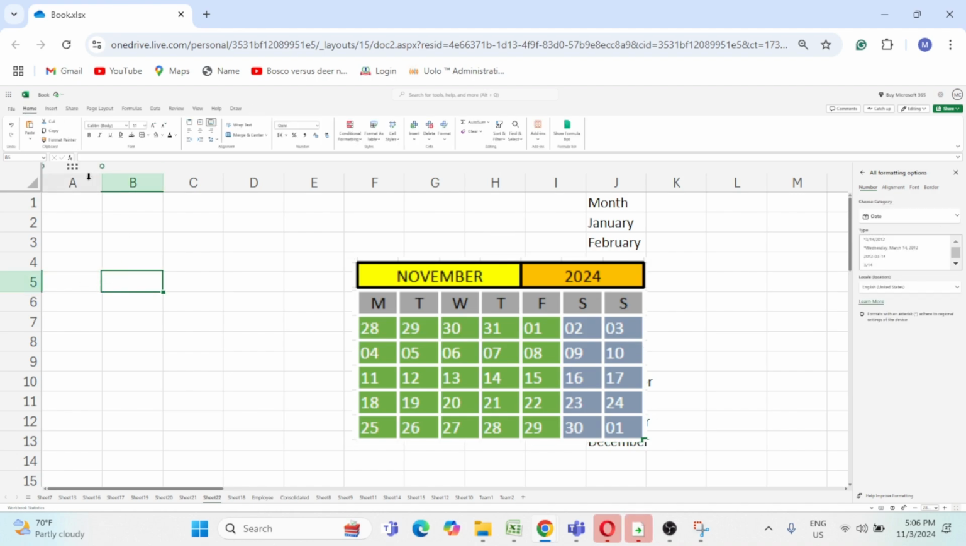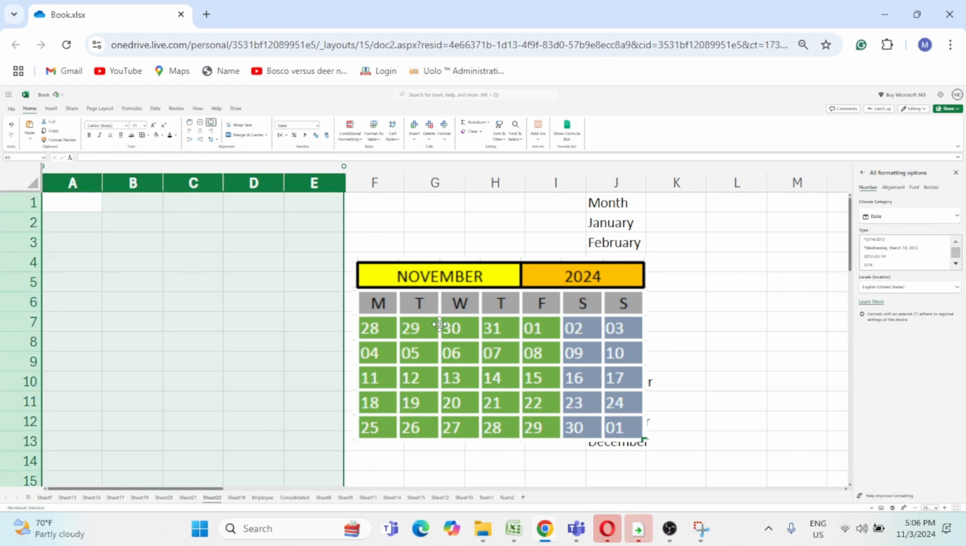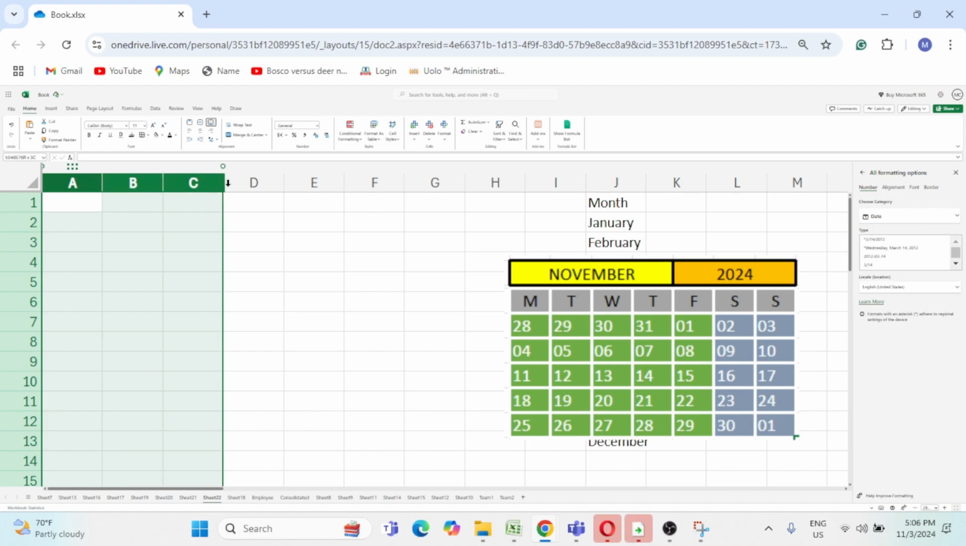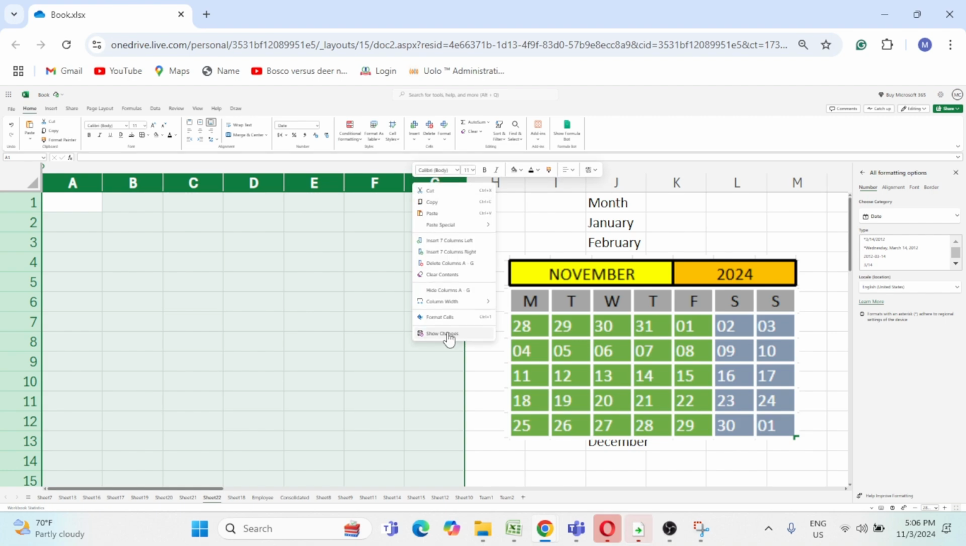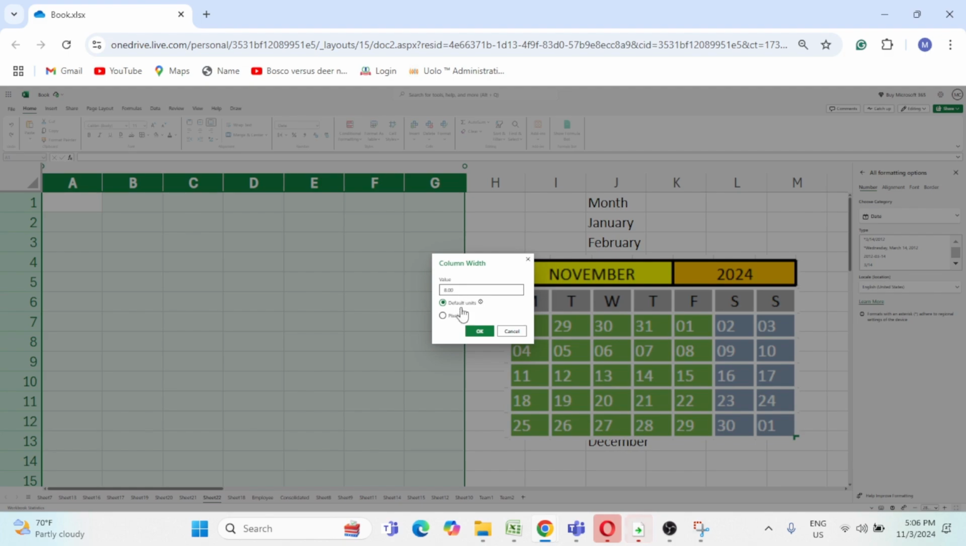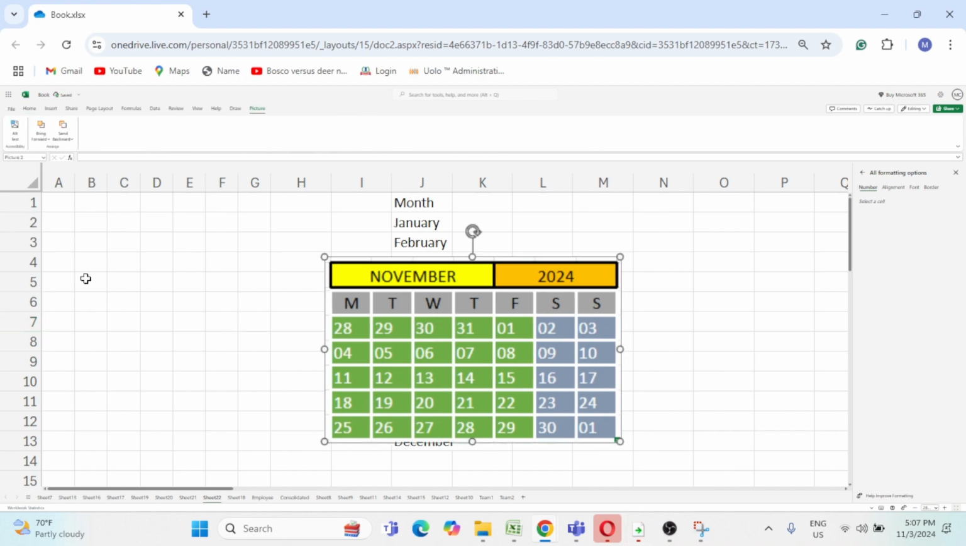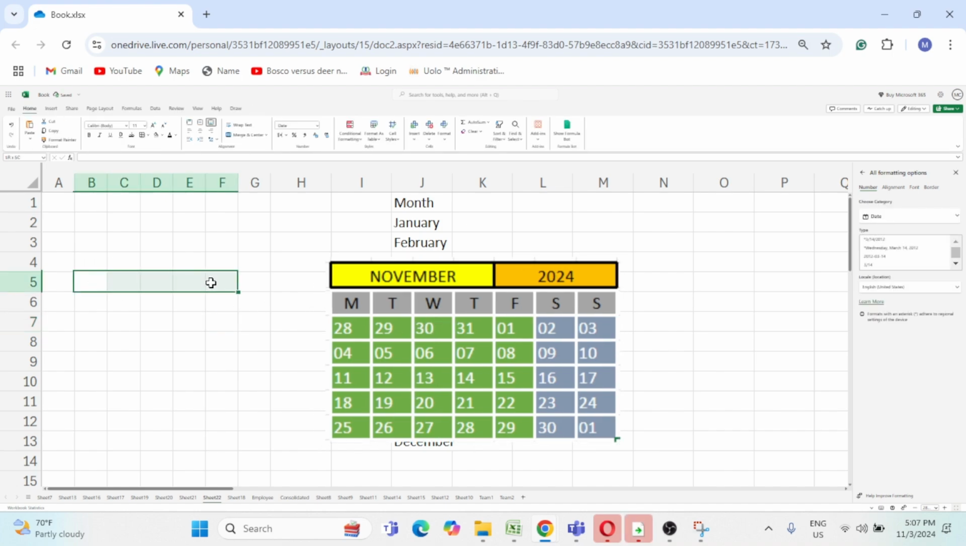So what we can do is, in a week we have 7 days. So I'm going to select all seven columns and customize to 4. Once you select that, now here I'm going to merge 5 columns for the month, and the rest 2 for